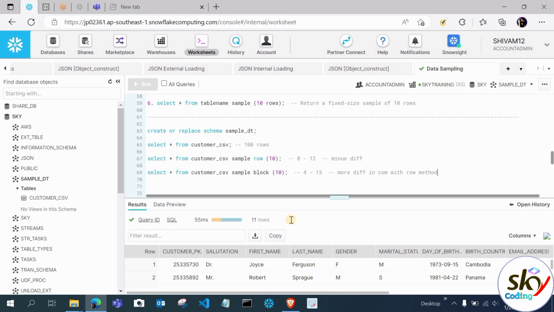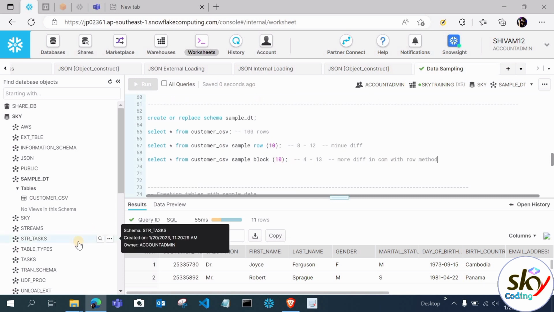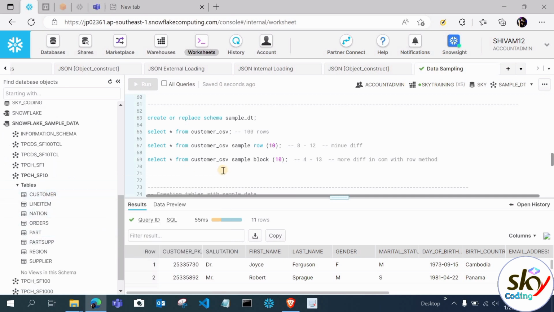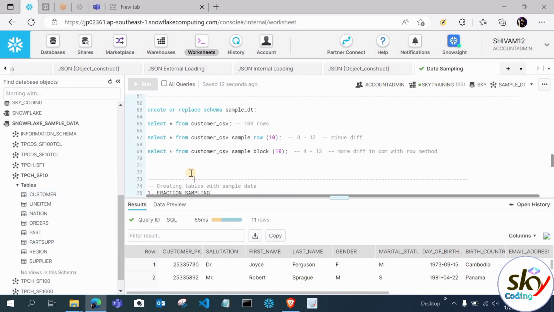You cannot understand this difference here because we are just dealing with very small data. It will be understandable better when we deal with bigger data. We will deal with the bigger data here. You can see this is a customer sample data. So now let's understand this thing as well. First of all, let's just select the data.